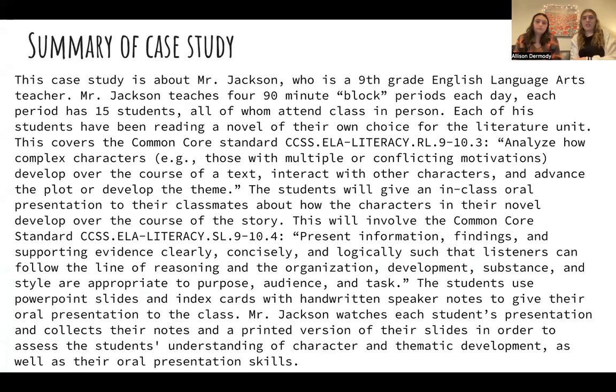Right, so the summary of this case study is about Mr. Jackson, who is a ninth grade English language arts teacher. Mr. Jackson teaches four 90-minute block periods each day. Each period has 15 students, all of whom attend class in person. Each of his students has been reading a novel of their own choice for their literature unit, and this covers